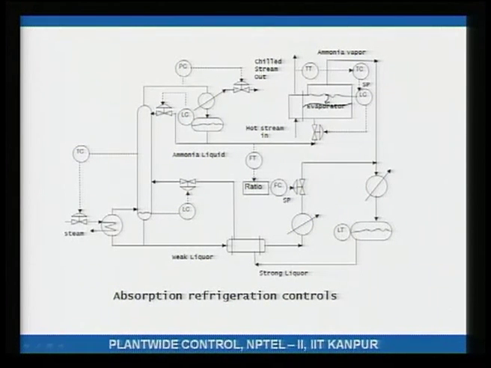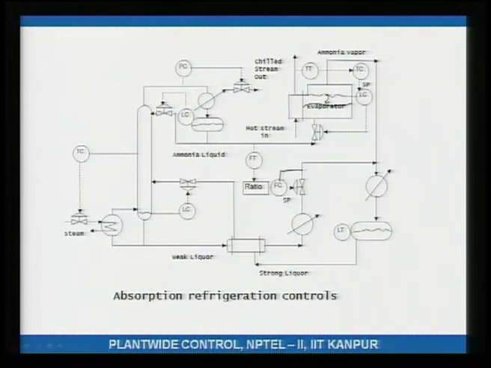So, the water that is used to absorb the ammonia is maintained in ratio with the ammonia being fed to the evaporator. That is what this ratio scheme is doing. Inside the distillation column, you maintain a tray temperature by adjusting the steam. You maintain the level at the bottoms. Because you have used up the bottoms flow rate to keep it in ratio with the distillate flow rate, right.